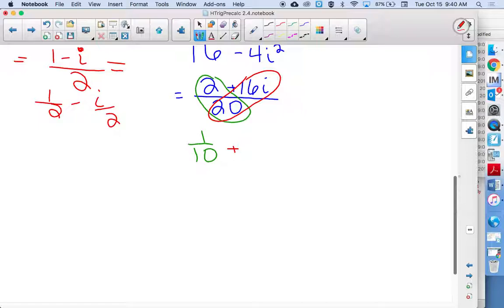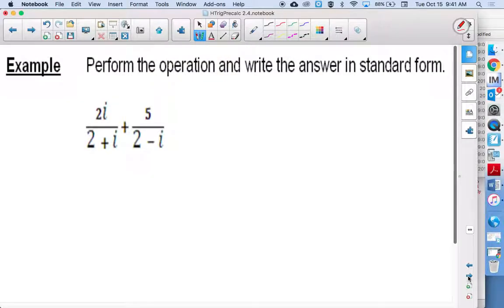So it's 4i over 5. So reduce those. 16 20ths is 4/5. So 2 20ths is 1/10. 16 20ths is 4/5. And then this is standard form. Questions? So there is one more